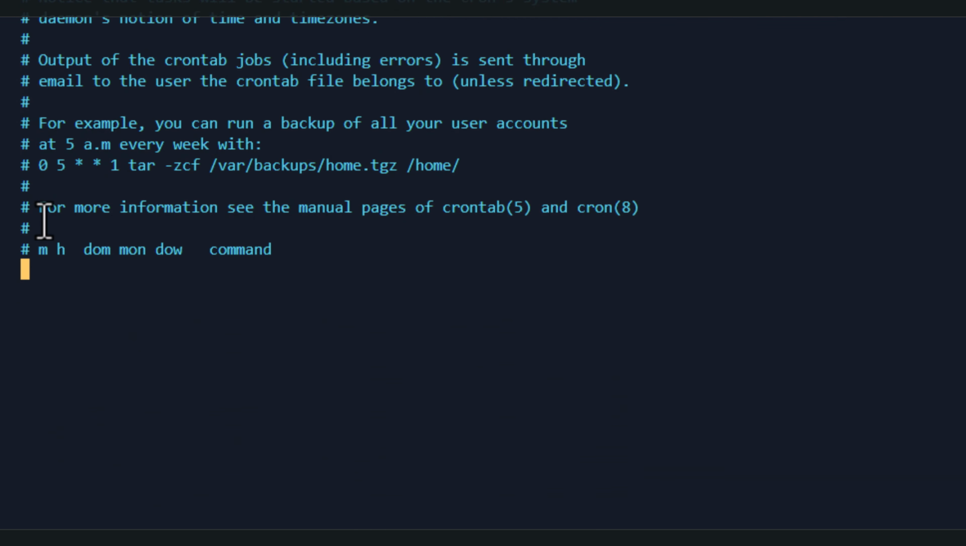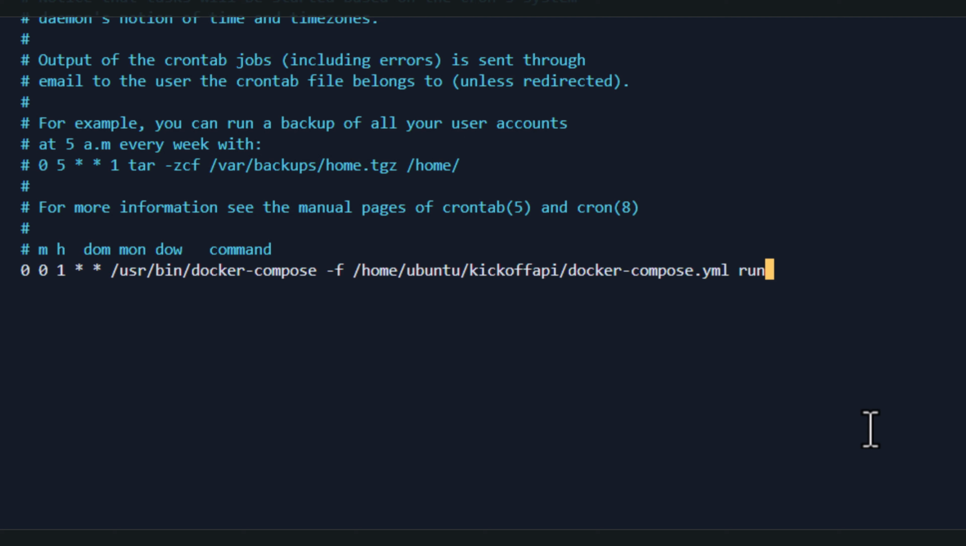Can paste that in, Control V, and the command should be /usr/bin/docker compose, and here we are going to point it to our YML file, Ubuntu, and we say run. This will be very similar to the command we ran earlier. Certbot, and we're going to say renew,